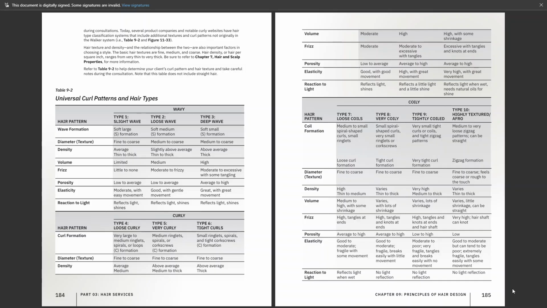Table 9-2, Universal Curl Pattern and Hair Types. Hair pattern, wave formation: Type 1, slight wave, soft, large S formation. Type 2, loose wave, soft, medium S formation. Type 3, deep wave, soft, small S formation. Diameter, texture: